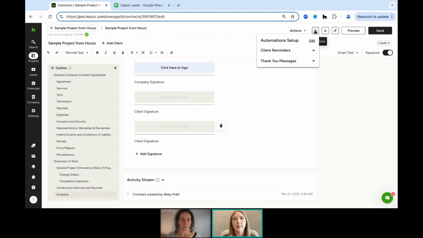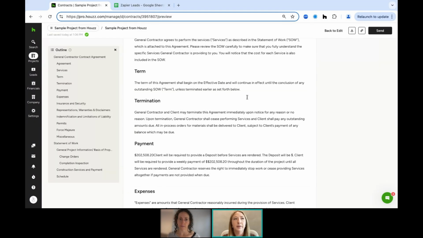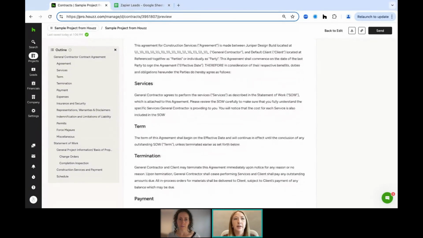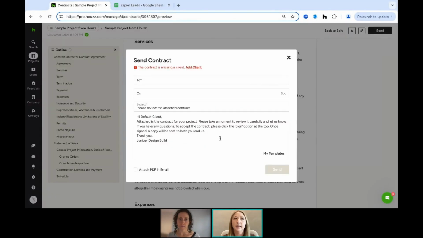So you can set up some automations. If you want to set up some automated reminders for your client, or if you want to automatically send a thank you message after the contract is signed, you can do that from here in the automations menu. You can also download a copy or provide a link to the actual contract itself, as well as preview the contract so you can review and see what it looks like before clicking send and sending that to your